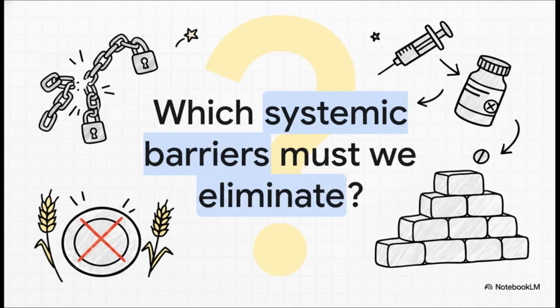So what exact systemic barriers does the government need to completely eliminate according to the data? Well, the survey targets the eradication of highly specific, debilitating issues. It aims to wipe out localized outbreaks of diseases like polio, which, let's be real, severely isolates Pakistan on the global stage. It targets the completely unacceptable maternal mortality rates in underdeveloped districts.